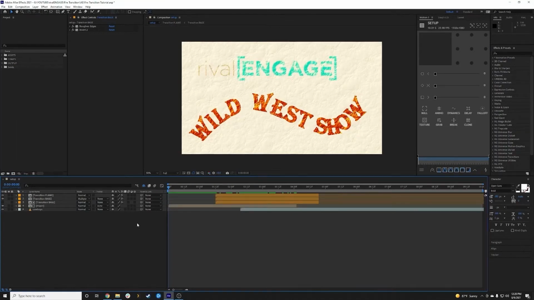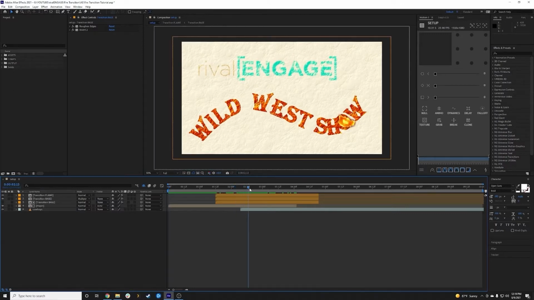We're going to be looking at doing a fire transition today, and I condensed this down to where you would be able to have this as a transition between any two of anything. And so I have this paper texture thing that I have thrown together, and if I go ahead, we're going